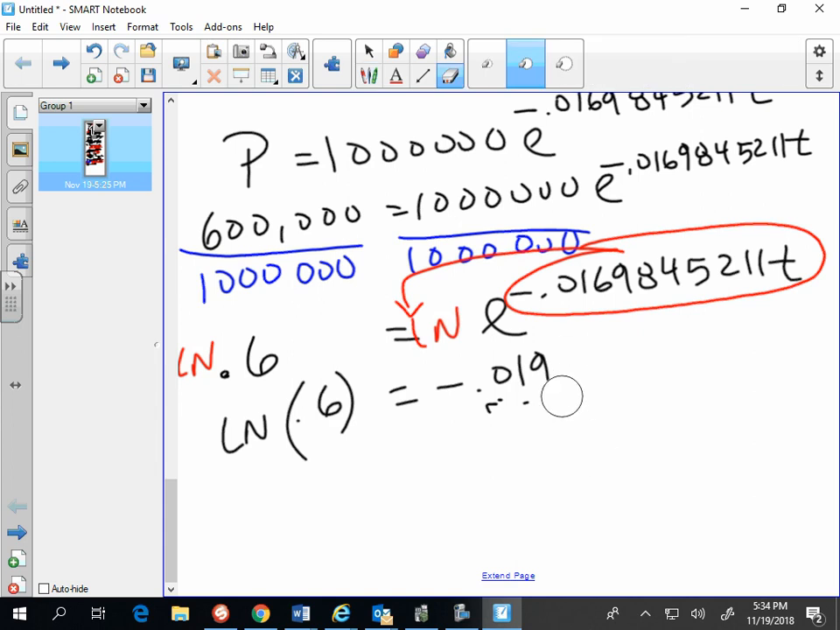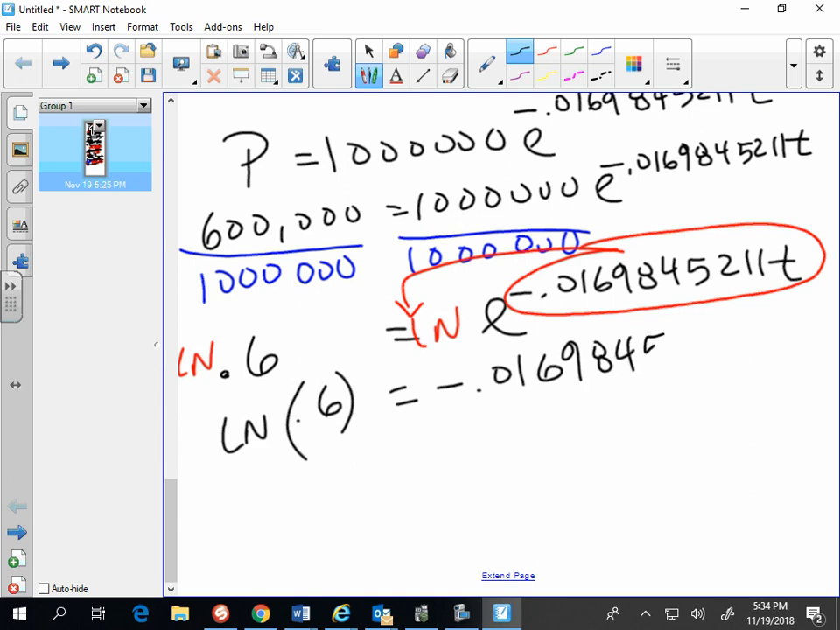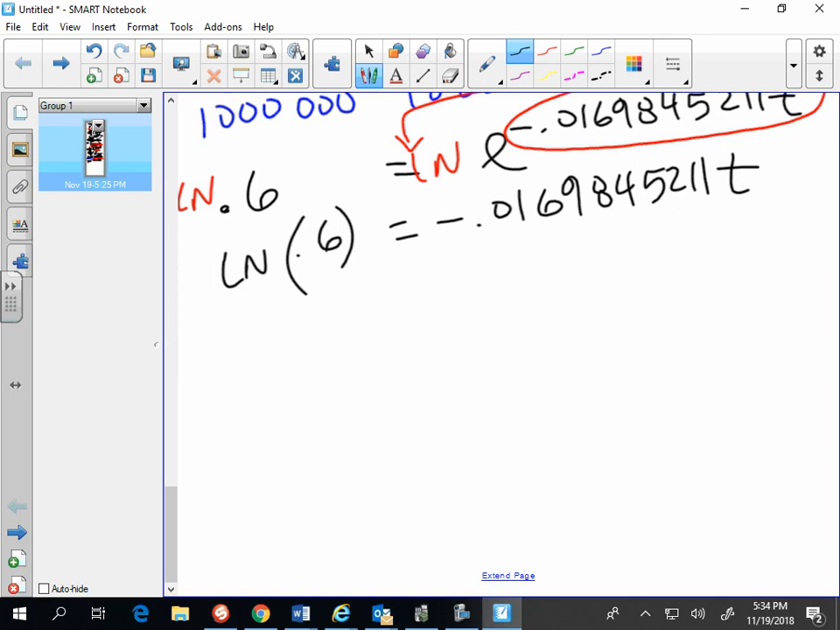0.016984521 t. Okay, and so what is t? T is going to be the ln of 0.6 divided by that rate, and I get t is 30.07595 years